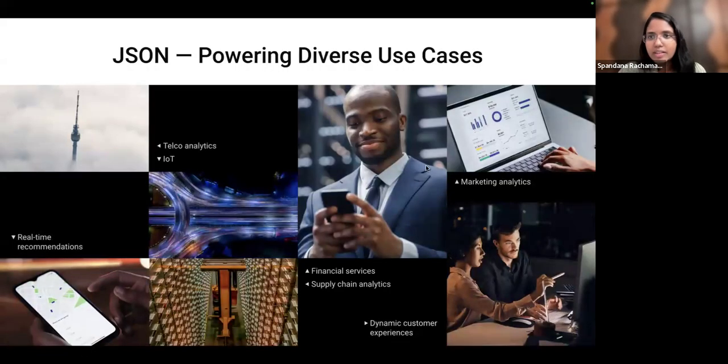So first we'll start with what is JSON and how it has become so widespread in recent years. JSON is that special format which is easy for humans to understand and read, and also easy for machines to interpret. We have seen JSON being used in a wide variety of industries like IoT and telco, for analyzing and storing their information like calls, and